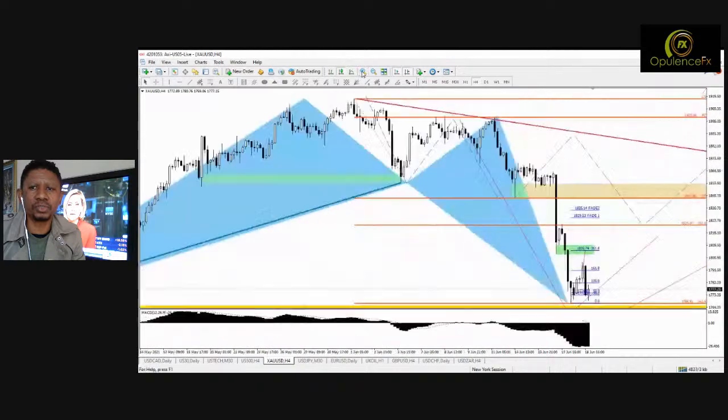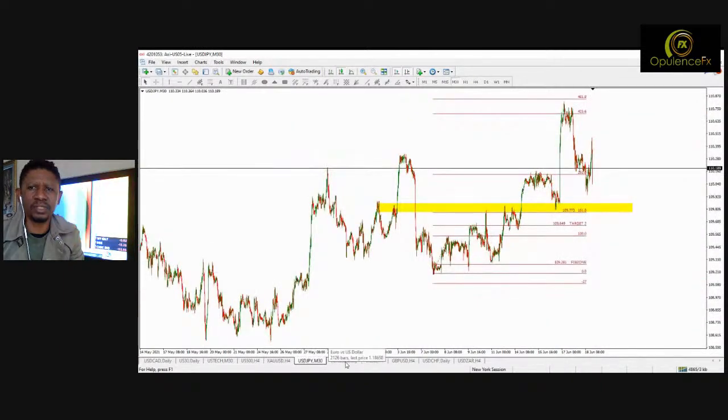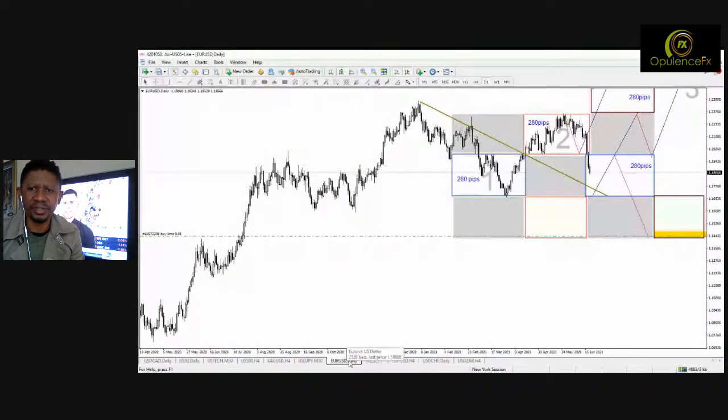The gold is also looking like it wants to hold the support of 1766, 1765. We'll talk more about that. So all these are on the cooking pen for today. So don't worry, we're going to be looking at them all.